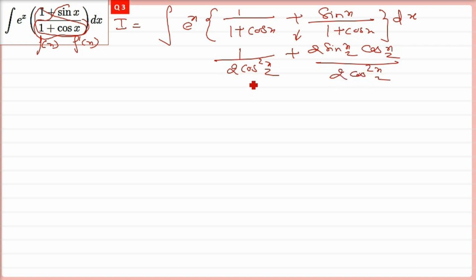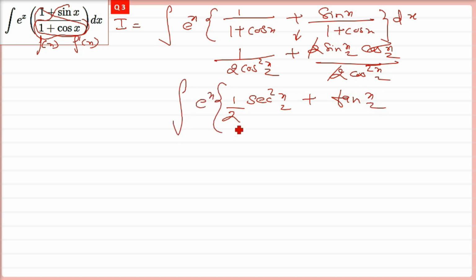Now this will become 1 by 2 will remain like that, and cos square x by 2 you can take upstairs, and that will be sec square x by 2. And 2 gets cancelled, one cos gets cancelled, sin x by 2 by cos x by 2 is tan x by 2. Now e raised x was already there, so now let's go back and do that thing, means